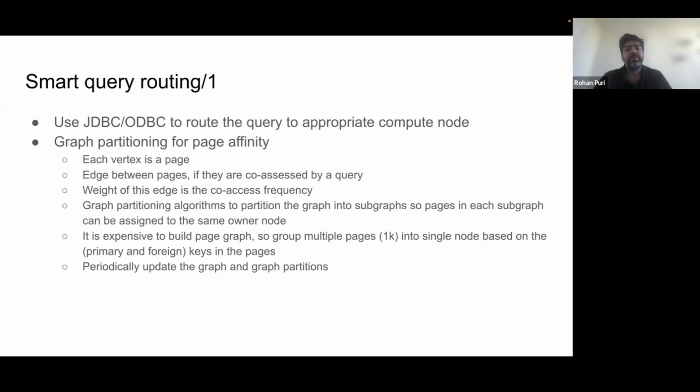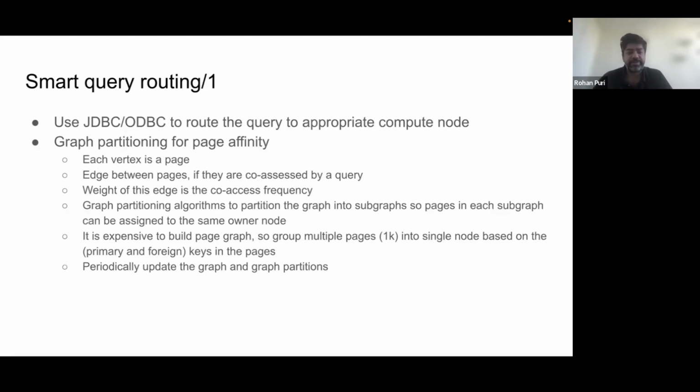And the way the smart routing works is they make use of graph partitioning. How they do it is that each vertex is mapped to a page. Edges between the pages determine their frequency of co-access, like are they being accessed together frequently by multiple queries. If yes, their weight increases. And then you have graph partitioning algorithms to partition these graphs into subgraphs, where each subgraph can be owned by some owner node, and that node will process these queries